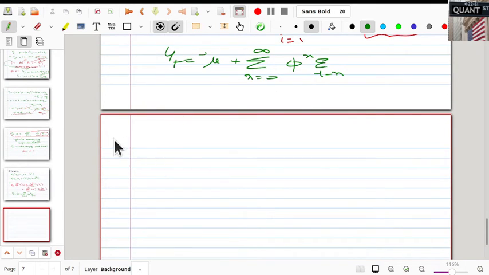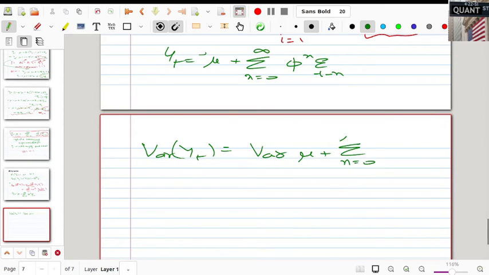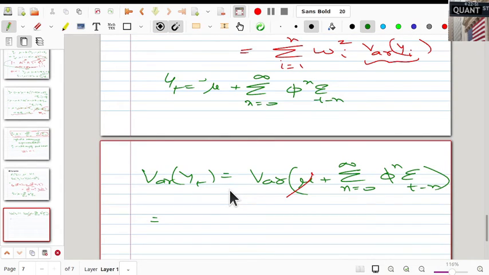So if we want to have the variance of yt, which equals variance of mu plus the summation n 0 to infinity of phi to the power n epsilon t minus n, and variance of mu will be 0, and this, based on the formula before, can be simplified as